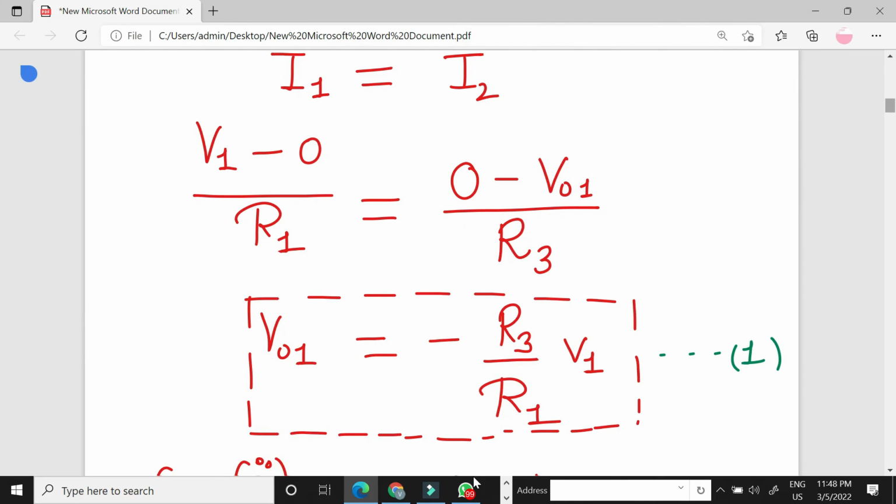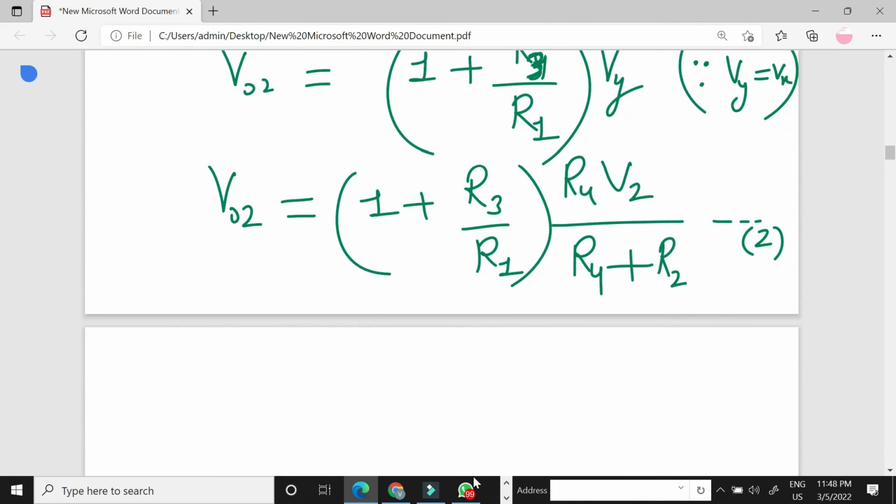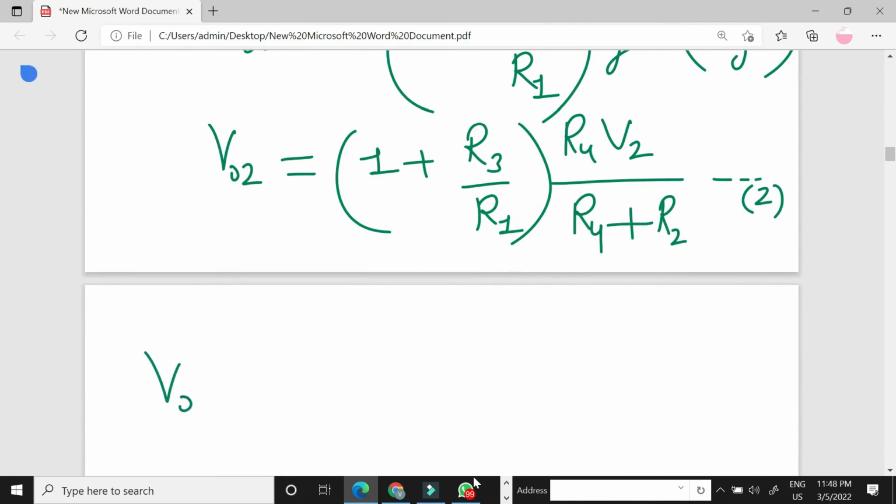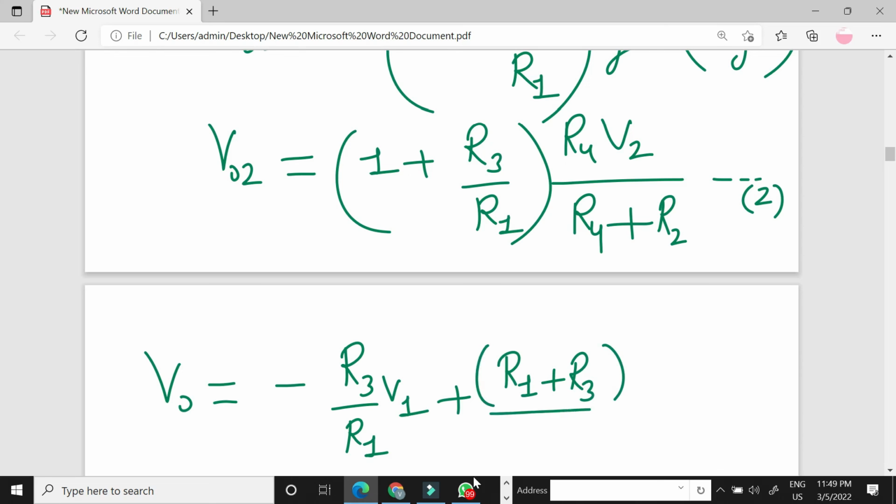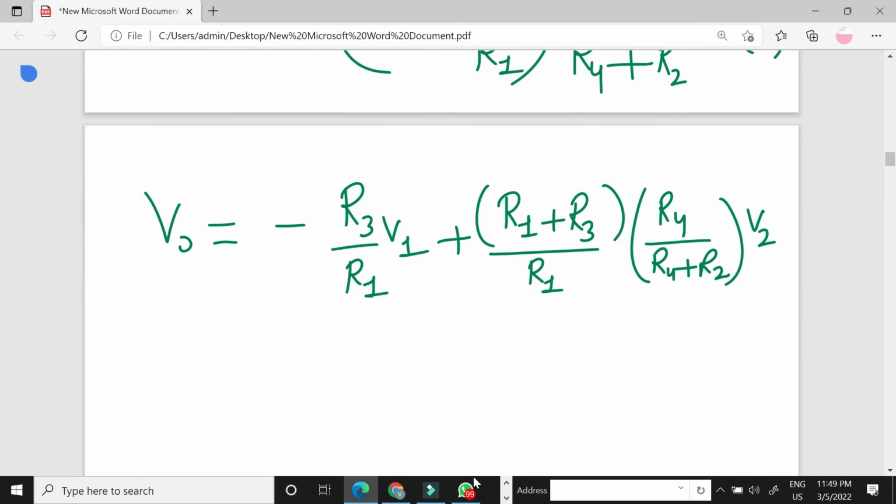If we combine, then we can get V naught is equal to minus R3 upon R1 V1 plus (R1 plus R3) upon R1 into R4 upon (R4 plus R2) into V2. If we consider R4